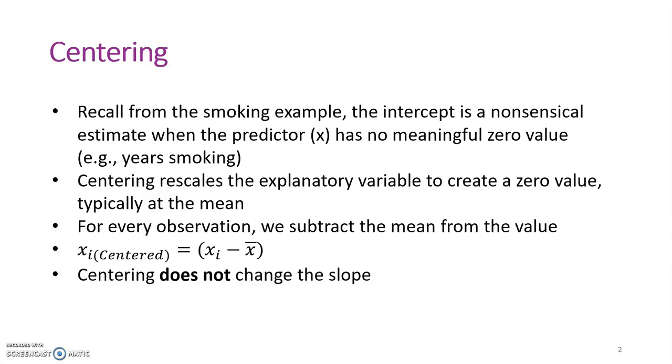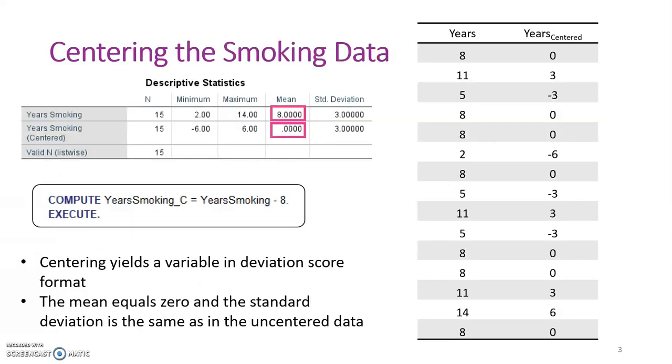So how we do this is for every observation, we subtract the mean from the value. Centering does not change the slope. Let's take a look with the smoking data at what centering our predictor would look like. Now, I want to note also that we only ever center our predictors. We're not going to center our outcomes. And that will become clear once we take a look at scatter plots and the results from analyses with centered